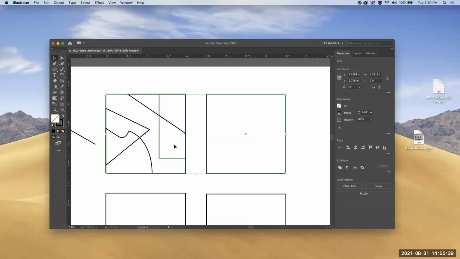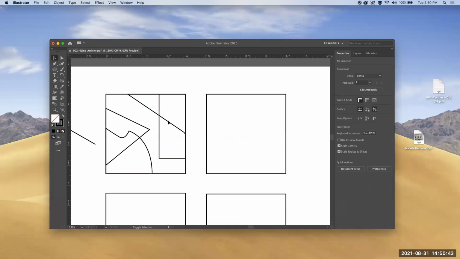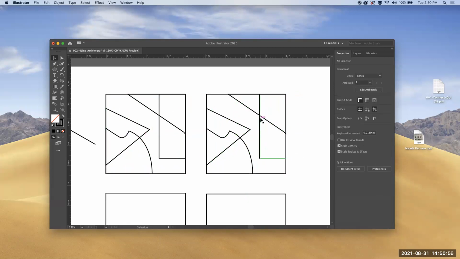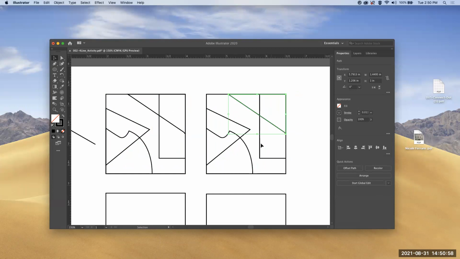hold down Option. It's kind of hard with paths that are not filled. I'm going to hold down Option or Alt and Shift, so I move over in one direction. And now I can select two that are overlapping,